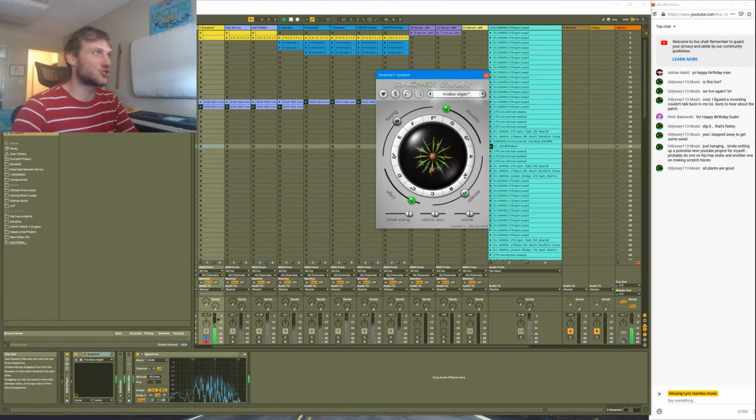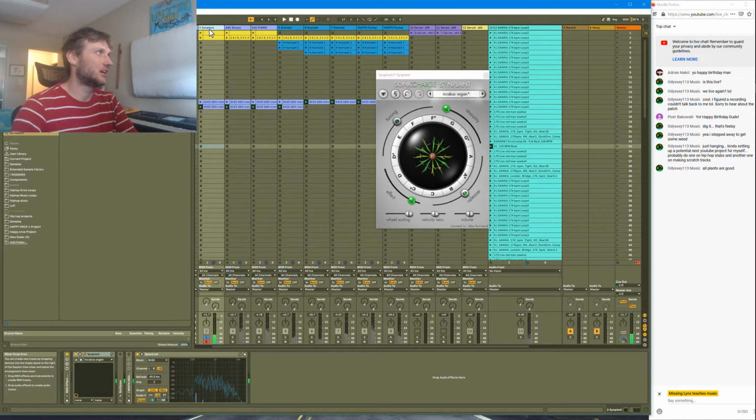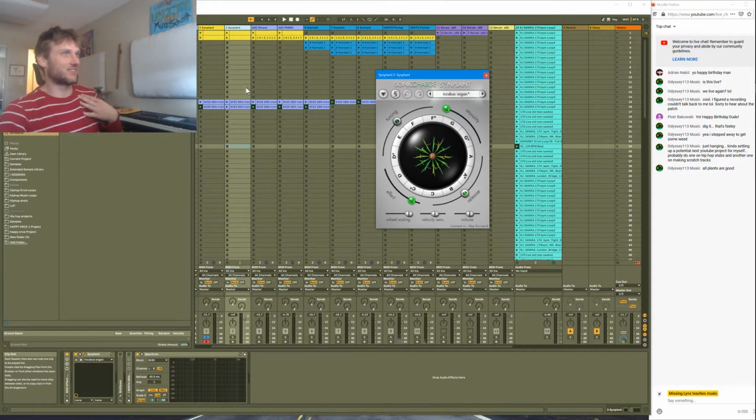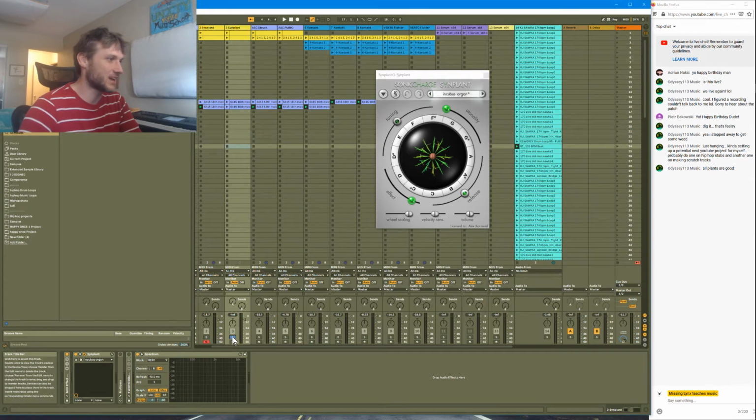Oh, that's so brutal. And that's the thing about Synplant: you can get these loops that are so nice, and every note is just a little bit different because it's an evolution of a core sound, right? And then,